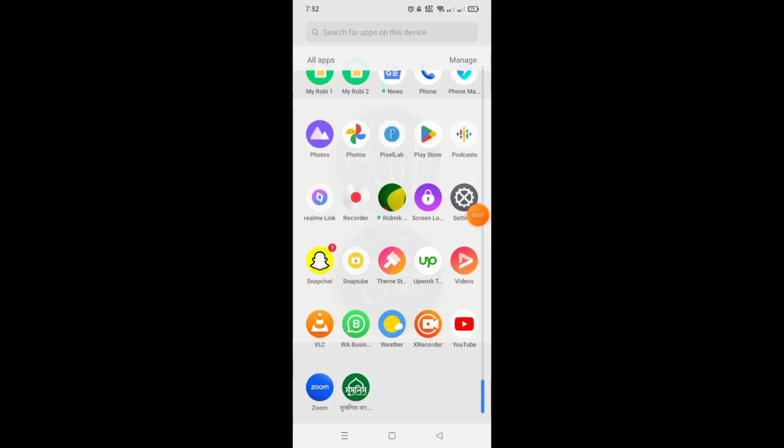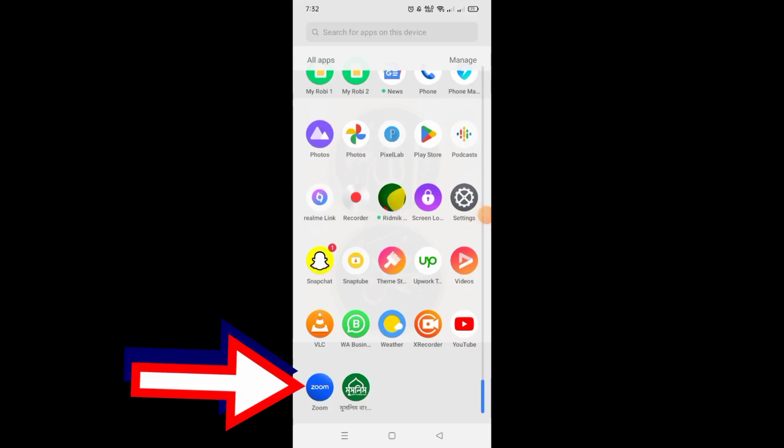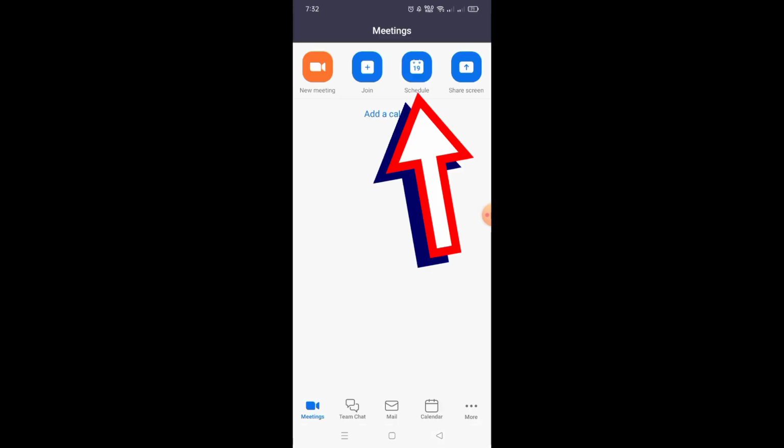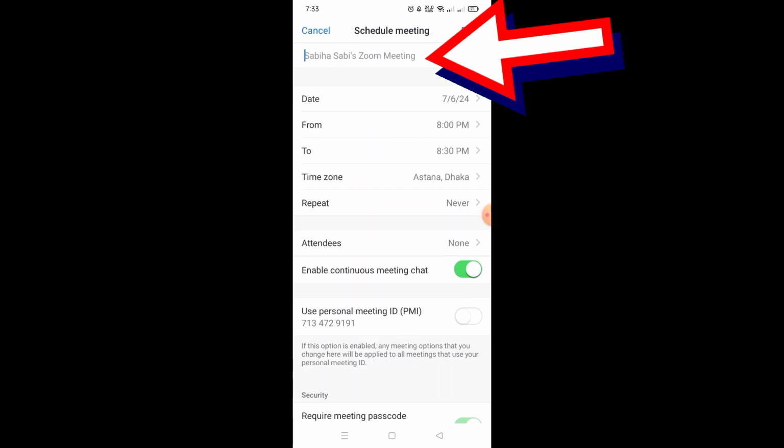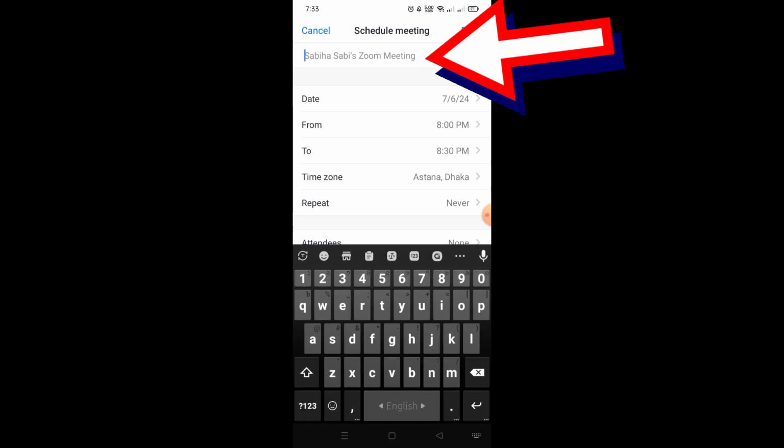How to schedule a Zoom meeting and invite others. Open your Zoom app, click on Schedule, type your meeting subject here,